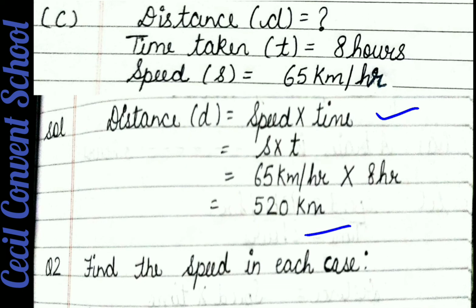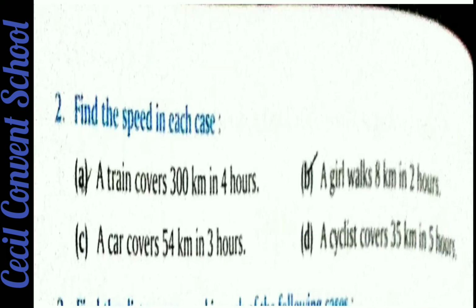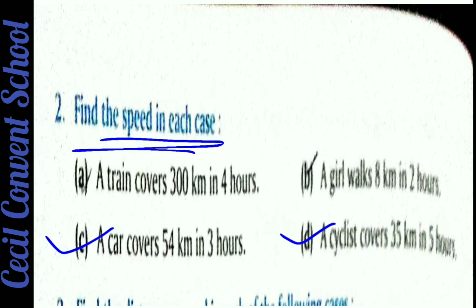Now students, we do question number 2. Clear? In question number 1 I already told you, you have to do D, E, F part. In question number 2, students, C and D part is the homework. It is the same as A and B part. I am doing A and B part. Firstly, see what we have to find in question 2. We have to find speed, and you know the formula of speed. What is the formula? Speed is given in a triangle, so the speed formula will be distance upon time.